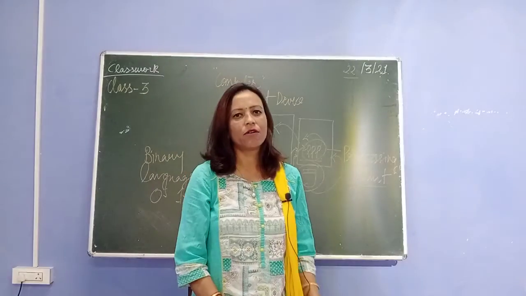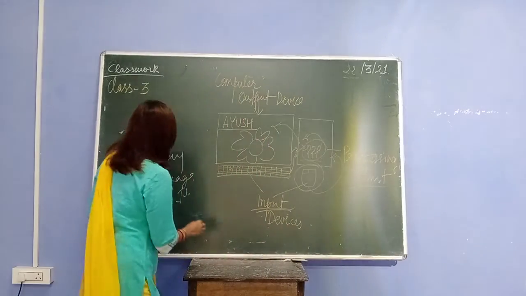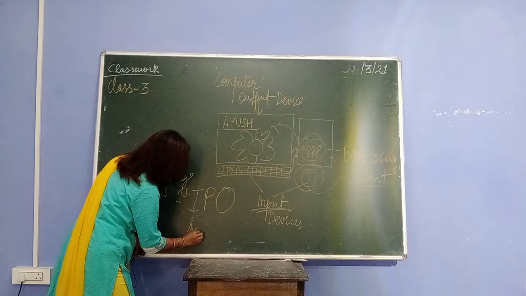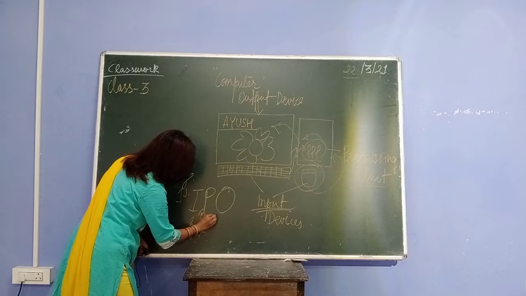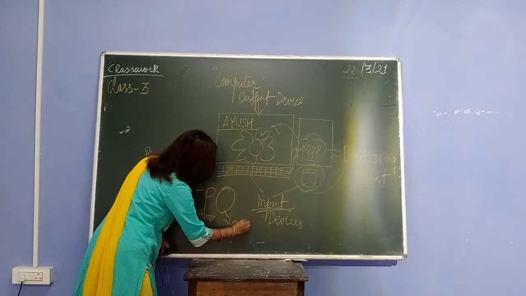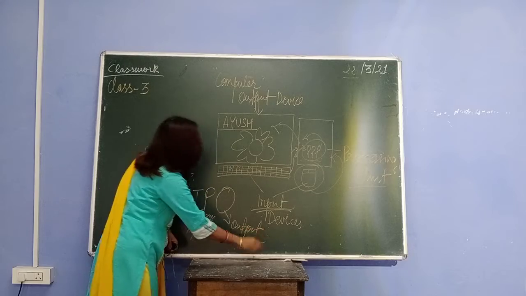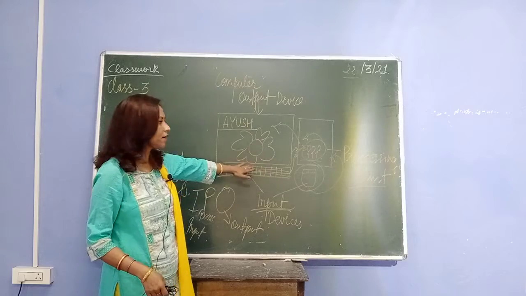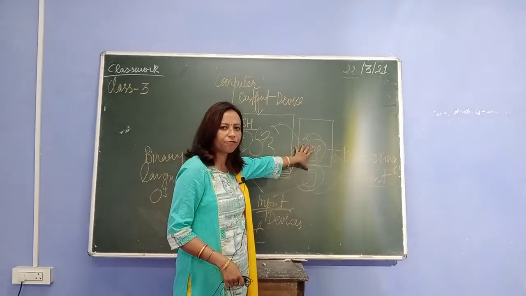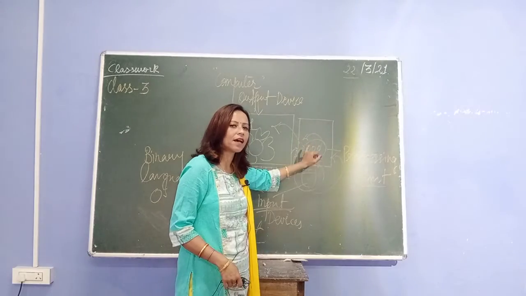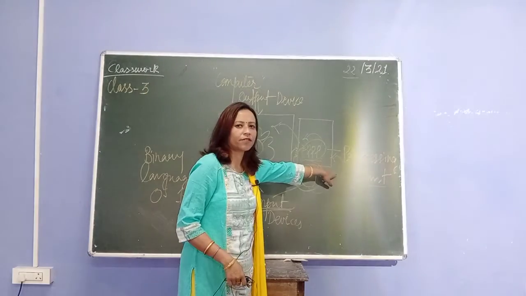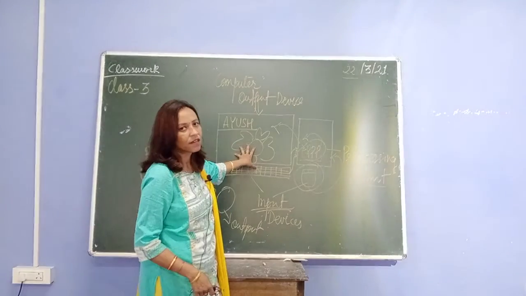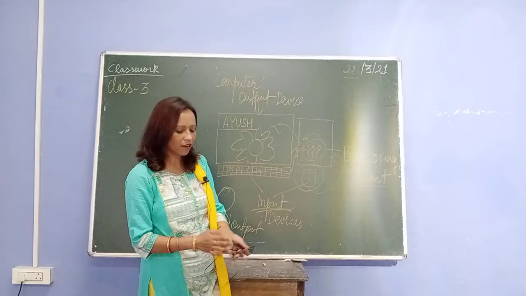Okay, so this is how a computer works with three things, that is your IPO: input, process and output. And again I explain to you once. Input, when you give your command, you are sending your order, it is accepted by the CPU first, the processing happens, the work happens inside the CPU box, that is your processing, then you can see it on the monitor. Your monitor is your output device, that is known as your output device.